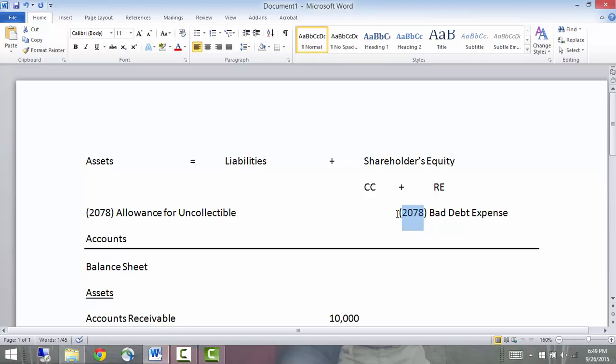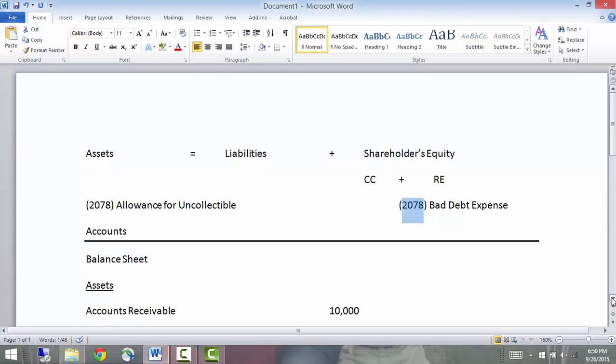The number would be different if we use the percentage of sales method, because we would just take the percentage, whatever management thought, say it's 1% of sales. If it's 1% of sales, and we had $100,000 of sales, for instance, then that would give us $1,000 bad debt. So, that's how the percentage of sales method is a lot easier than the accounts receivable method. But you do need to know both, and it would depend on management.